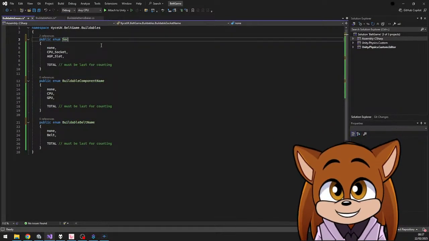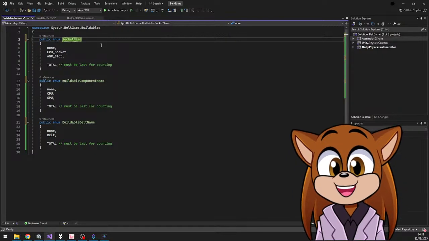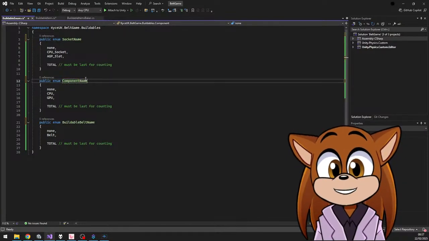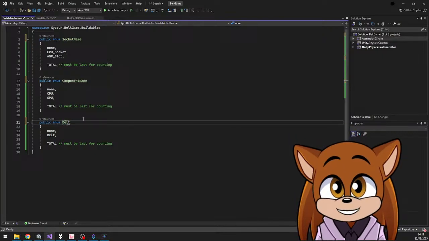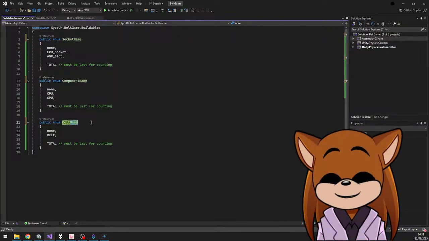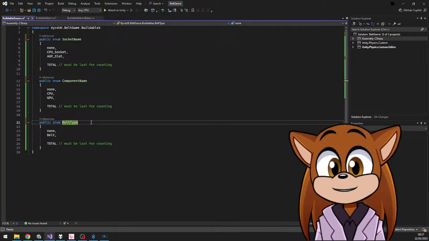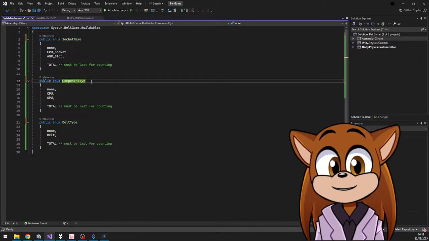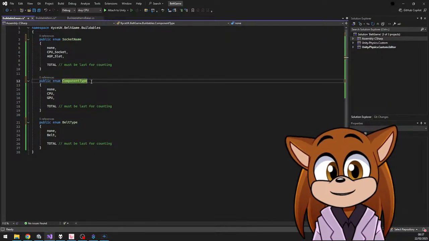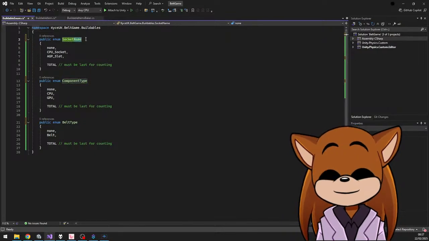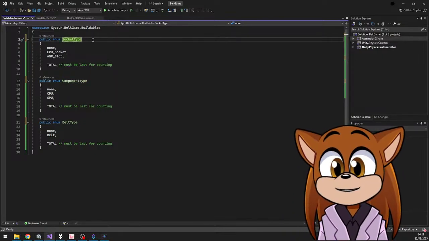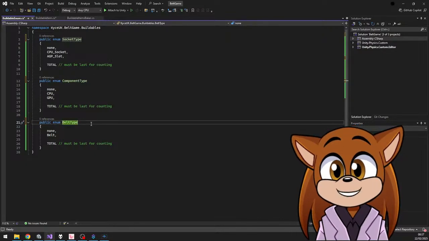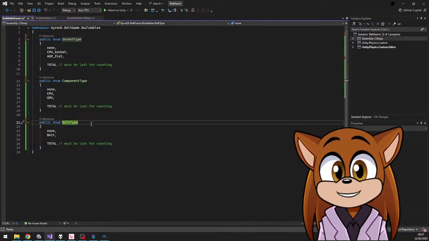So I want to have this socket name, component name, or actually this. Type, component type, belt type isn't really the correct terminology, but